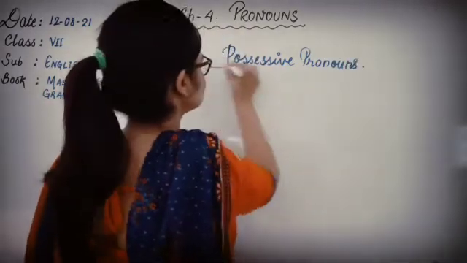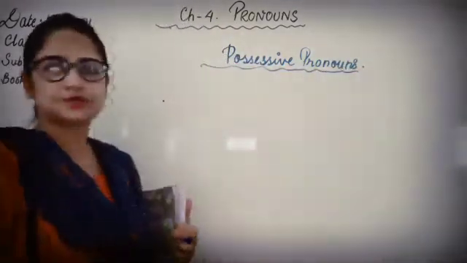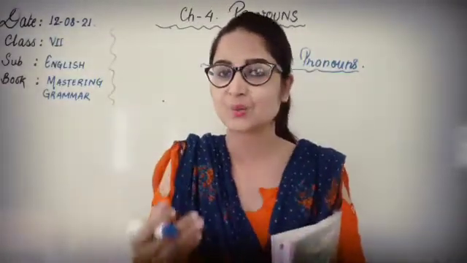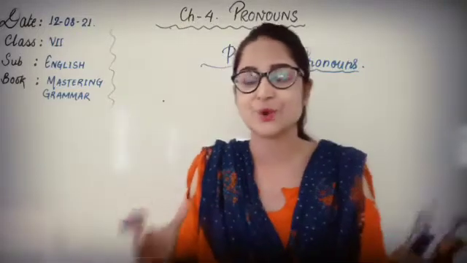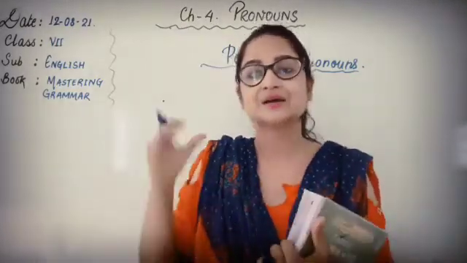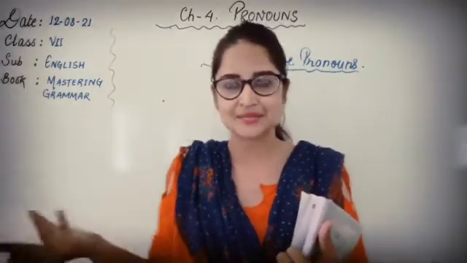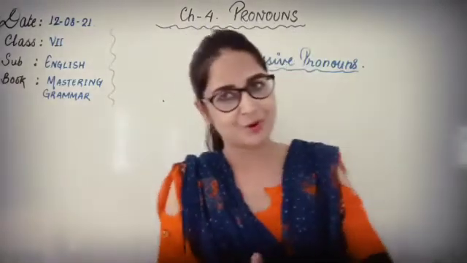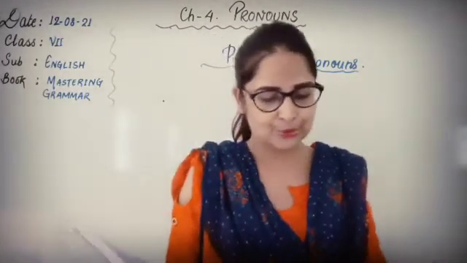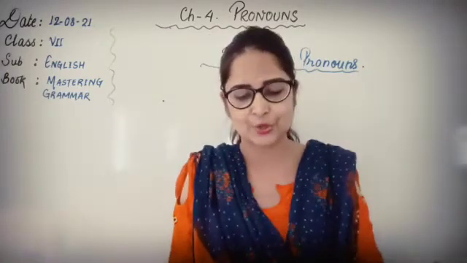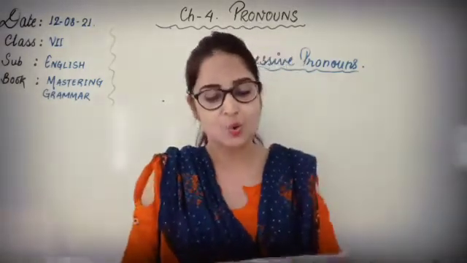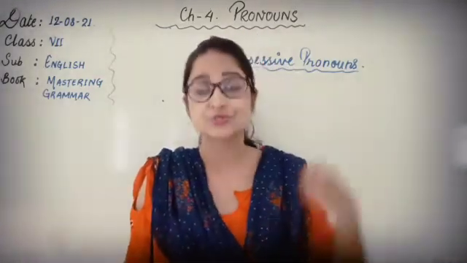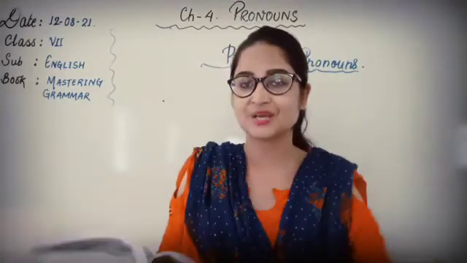Children, by the name itself you can understand, because I have already taught you adjectives, that we are going to talk about possession, right? We are going to talk about ownership. Like if I am using two nouns side by side, one has to be replaced. The antecedent can be anything, right? I told you about antecedents as well. So possessive pronouns are those which show possession or ownership. Example, the book lying there is mine. It's showing the possession.